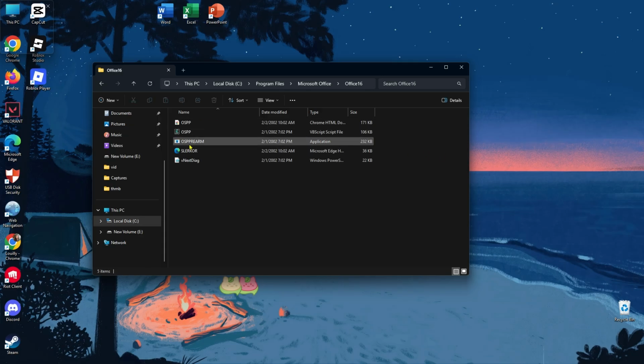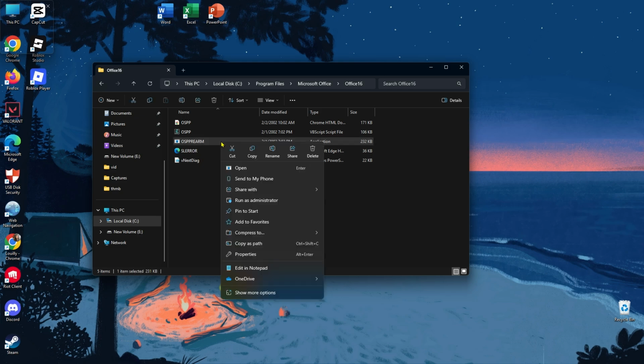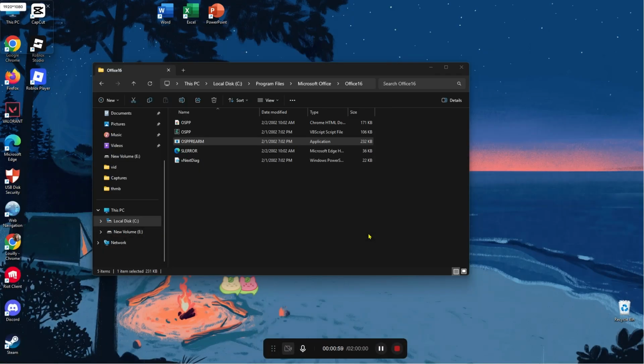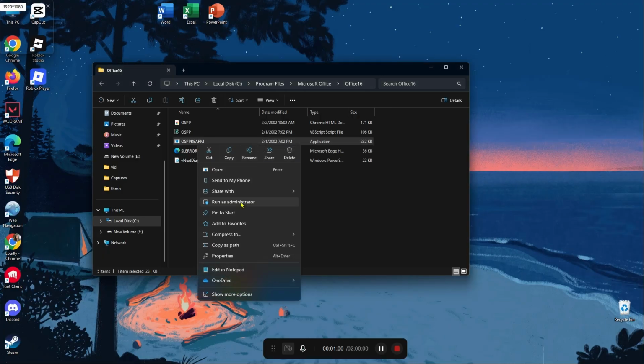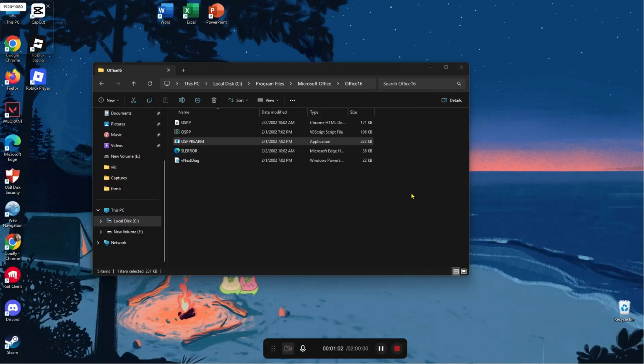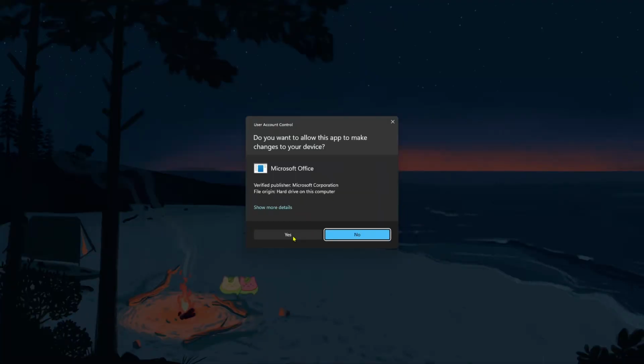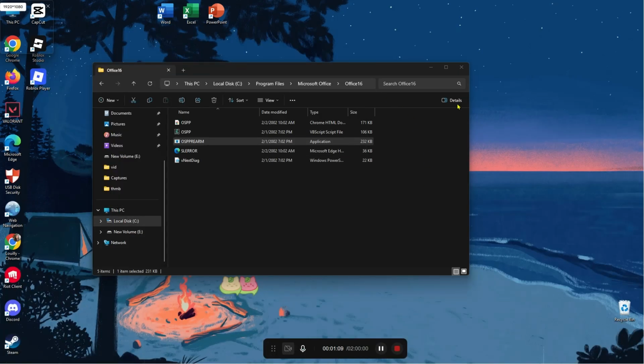Then right here we have this one called OSPPREARM. So this one, you should run it as administrator 3 times, like this, 3 times. Just run it for 3 times, and then you should be able to solve your solution,